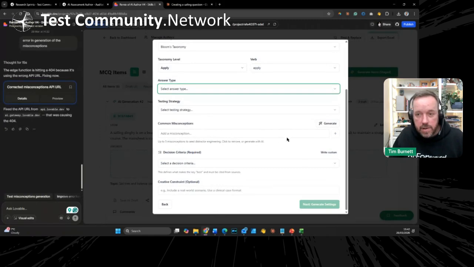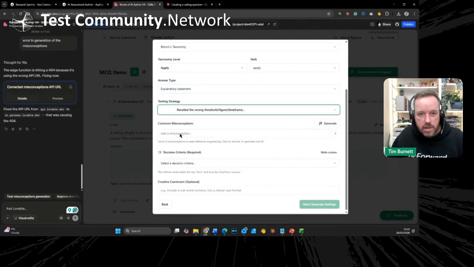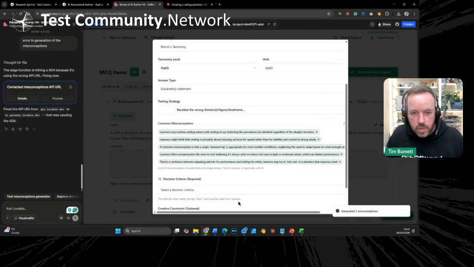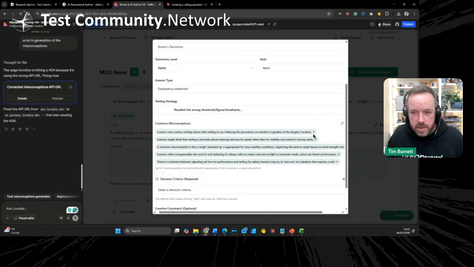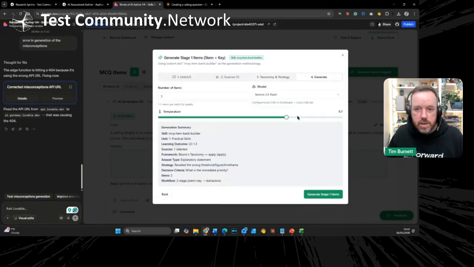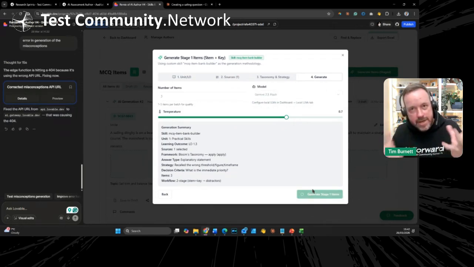And the other thing, which is interesting here, is using AI on top of AI, in effect, to help with that prompting process. So you're using AI to, let's say, generate these things, and then I'm going to use that to generate some misconceptions. And I could then look at those and add my own misconceptions in there as well. I could say, no, that's not right. I'm going to add the decision criteria, immediate priority, and next, and do the generation process. So I'm effectively able to control how this works through that skill process. So yeah, there you go.